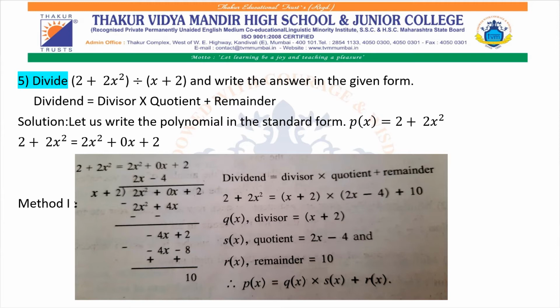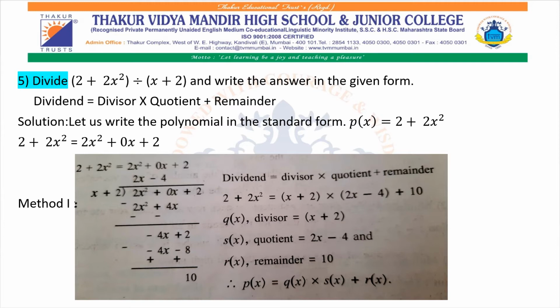So we are going to subtract it, we'll get 0. Now 2x will be multiplied with 2, so we will get 4x. Okay, so 4x will be subtracted from 0 and the answer will be minus 4x plus 2. We are going to take plus 2 as it is down. Now again minus 4x will be divided by x, so we will get the answer as minus 4. And we will subtract minus 4 from there.